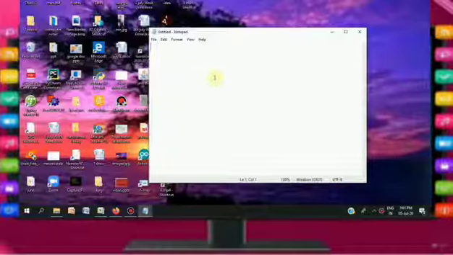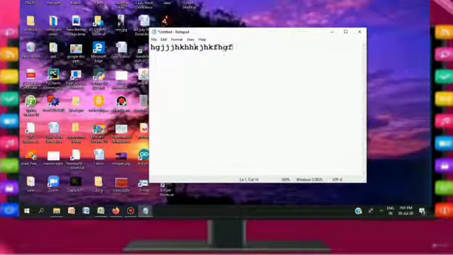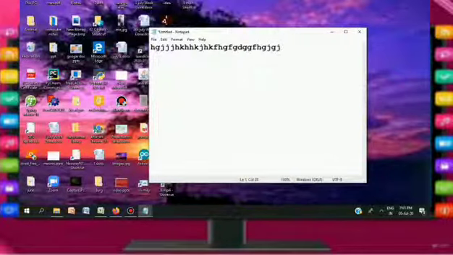Below the menu bar we have the text area. Cursor. You can see one vertical line here. This is the cursor. If you type something, you can see it moving forward. If you want to take a new line, then you need to press Enter.